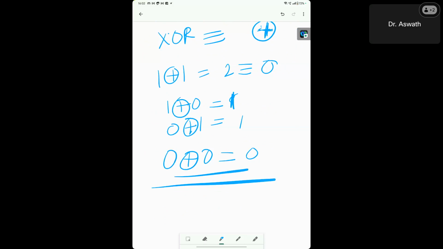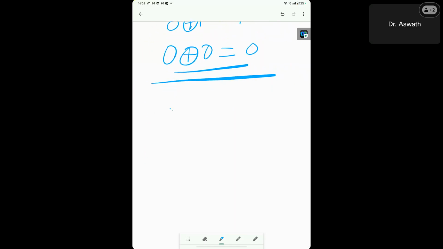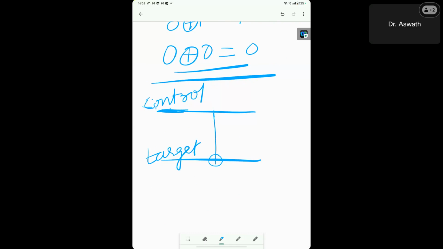So that's why the CNOT gate is represented mathematically on the circuit with this addition modulo operation, where the top entry, they call it the top quantum register, is the control and the bottom register is the target. Okay. So this is a 2-qubit gate, which takes 2 inputs and gives 2 outputs.